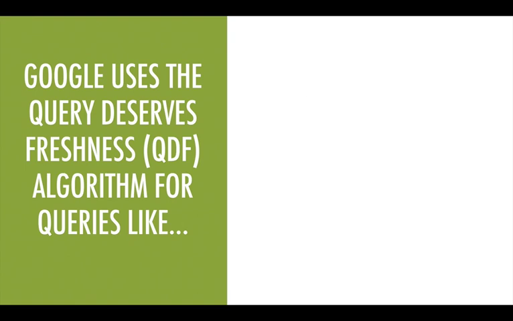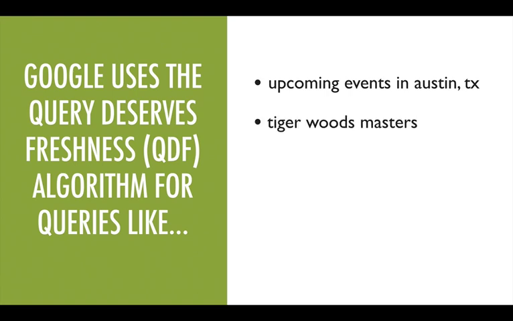upcoming events in Austin, Texas. You can see why Google would use a freshness algorithm for that. So what is the freshest page? What is the newest page optimized for this term, upcoming events in Austin, Texas? Tiger Woods Masters. If somebody's typing that into Google when the Masters golf tournament is going on, Google's going to turn on the query deserves freshness algorithm. They're going to show Tiger Woods' score. They're going to show video of Tiger Woods at the Masters right now. So the most fresh content wins in this query deserves freshness